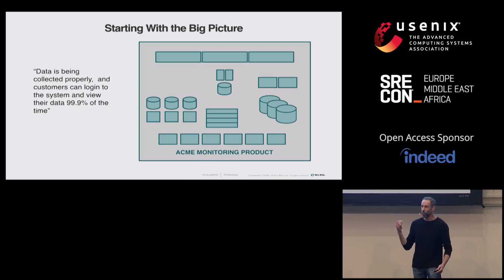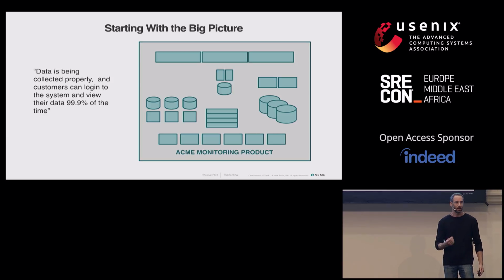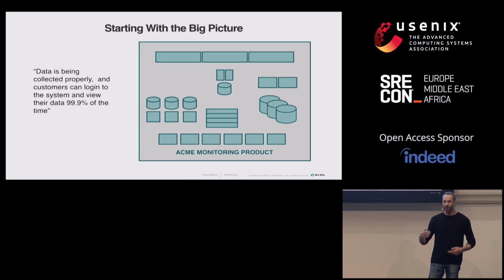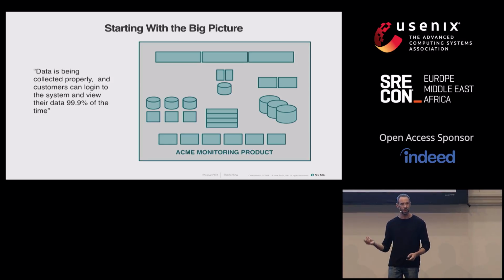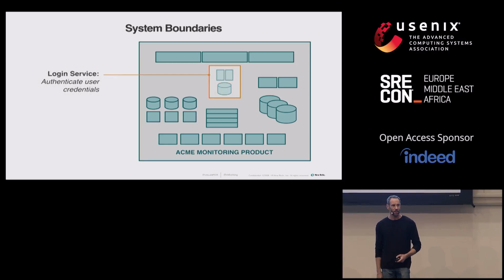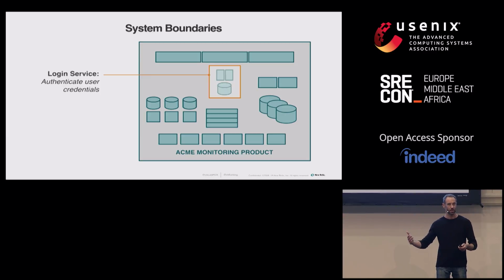But the thing is, when we look under the covers of a modern platform like this, there is a lot of complexity, right? There are service nodes, there are DBs, there are message buses, there are load balancers. It can be a little bit daunting. So where do we start? Well, to answer that question, we need to introduce one more piece of terminology, which is the idea of a system boundary. So the system boundary is a point where one or more components expose one or more capabilities to external customers. And those customers can be either other systems and teams in this environment, or they can be external